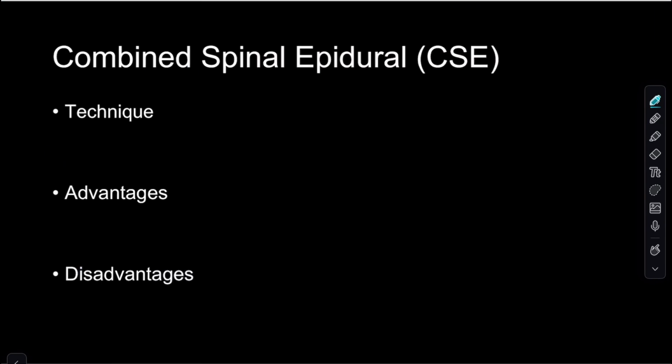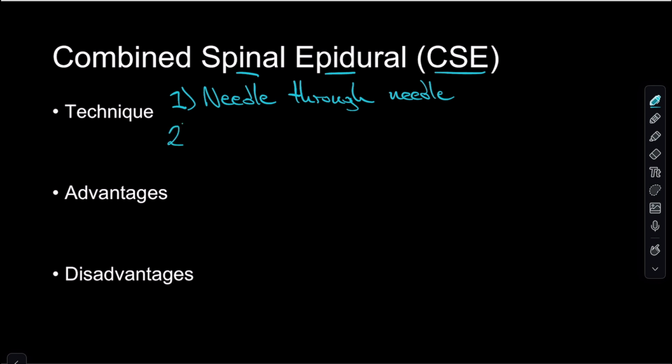So the last idea that we'll talk about is the combined spinal epidural technique, otherwise known as a CSE. It's appropriately named because you're using both the spinal and the epidural technique, trying to utilize the advantages from both of them. There's two different techniques to performing this. So one is the needle through needle technique. Using this technique, you're effectively using your epidural needle as the introducer needle for your spinal needle. And then the second is, we'll just call it separate needle,